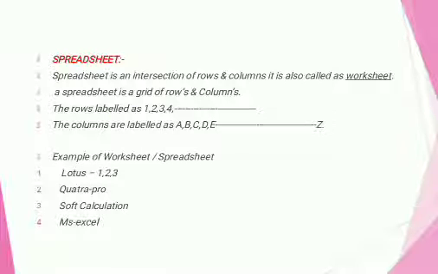The rows are labeled as 1, 2, 3 and the columns are labeled as A, B, C, D, and so on. In that Excel sheet, each row has been given one name and each column has been given one name. The first row 1, second row 2, third row 3, and so on.